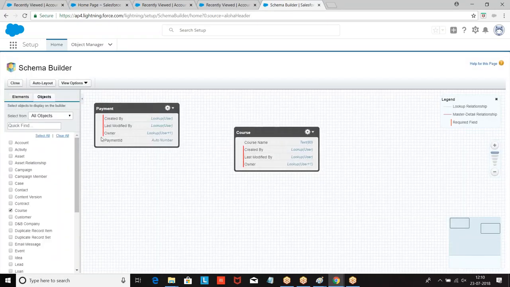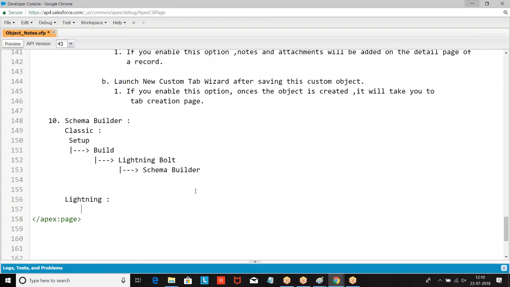Only until we navigate there is the issue, but later on the process is the same. So what is the navigation we had? Platform tools, objects and fields, schema builder.